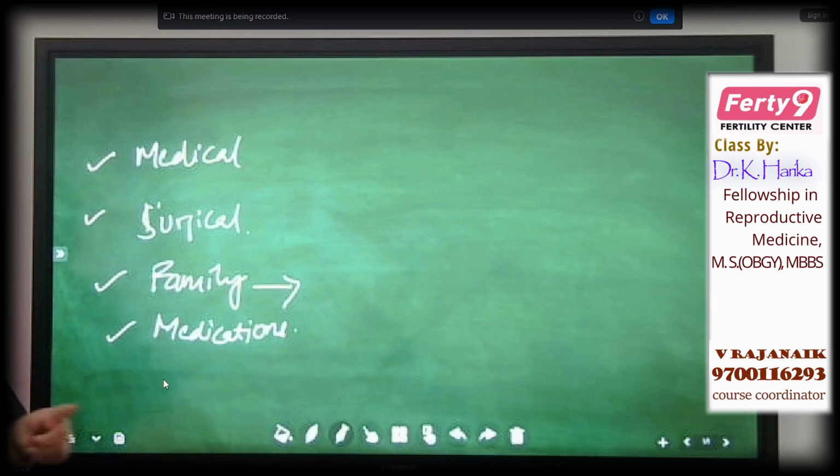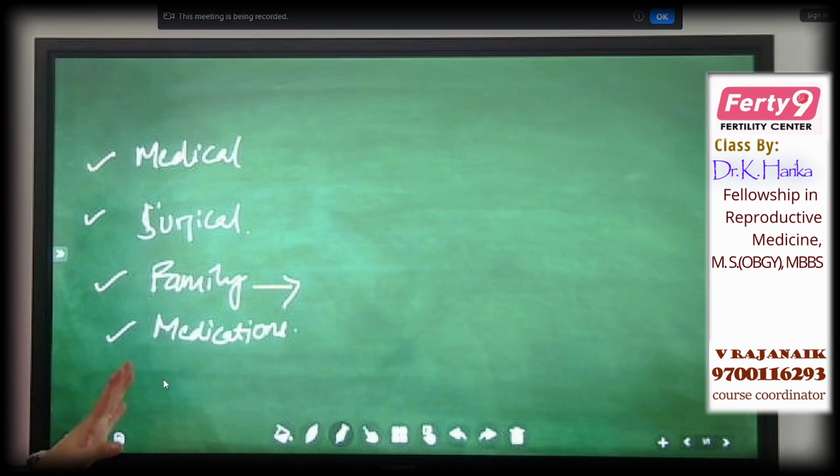Next is medications. Some people will be taking prolonged medications, for example a few antihypertensives, antipsychotic drugs, antidepressant drugs, a few of the antibiotics. All these cause erectile dysfunction, and a few have an impact on spermatogenesis. A few might also have a harmful effect on sperm motility and sperm morphology, like cytotoxic drugs, chemotherapy drugs. So that's why what medications he's using is also very important. So this is related to history taking.